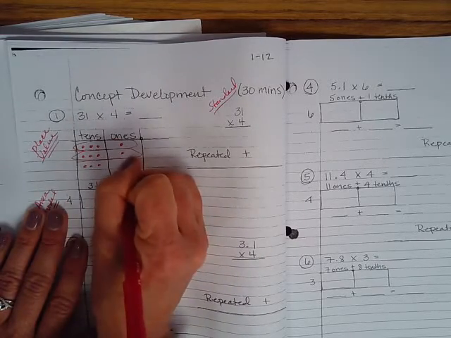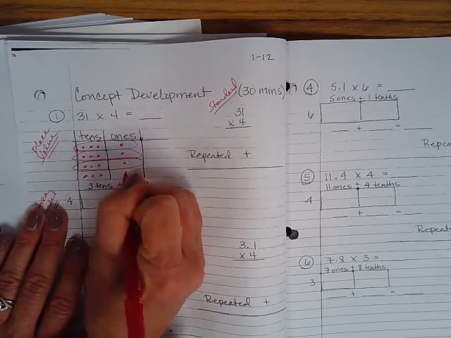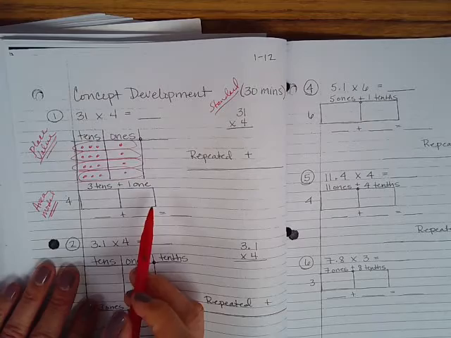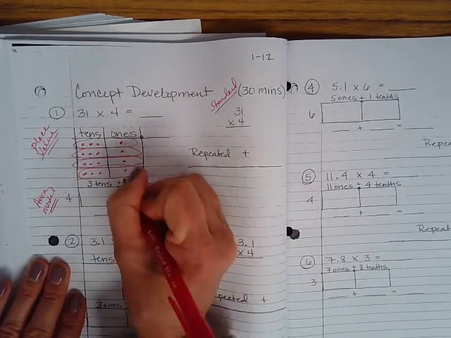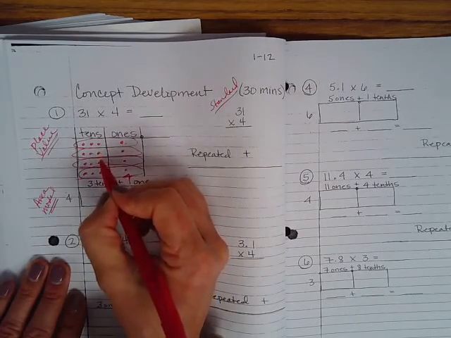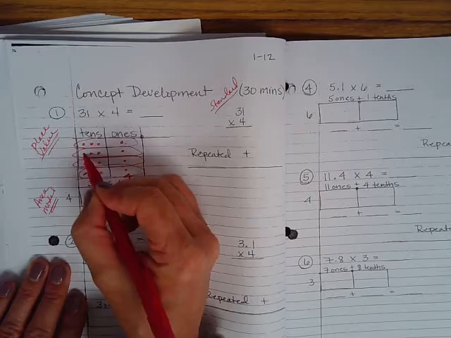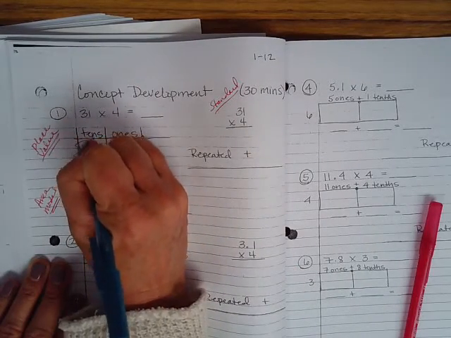Here's 31. And here is 31. All right. So now we're going to add these up. We have 1, 2, 3, 4. And then we have 1, 2, 3, 4, 5, 6, 7, 8, 9, 10. So let's grab these 10